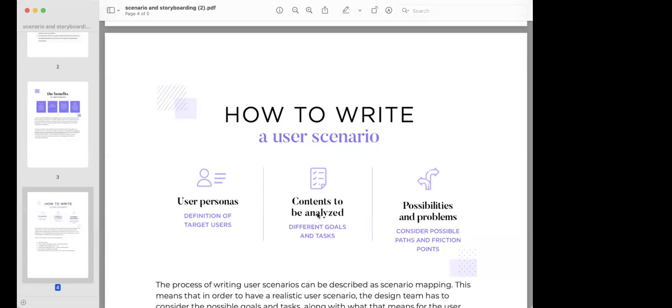Then we'll come to content to be analyzed, like different goals and tasks. तो यहाँ पे different goals and tasks. Now you know the goals. Again, जब आप persona बनाते हो तो वहाँ पे goals भी लिखते हो। तो goals क्या हो सकता है? जैसे मैंने बोला, अगर किसी को शैम्पू परचेज करना है,